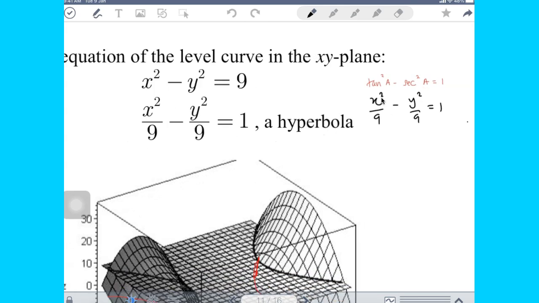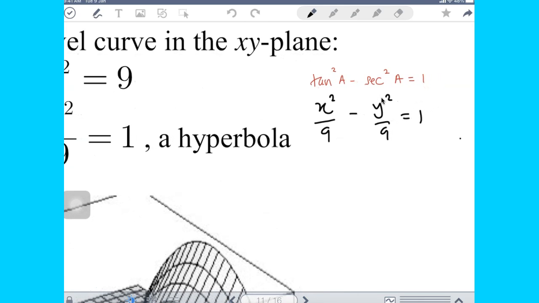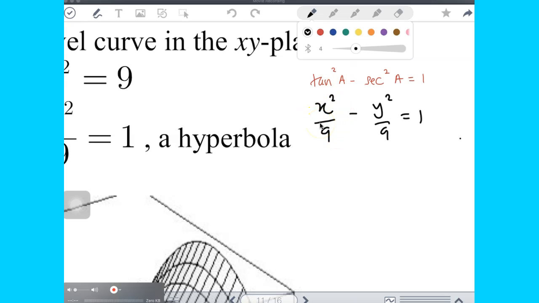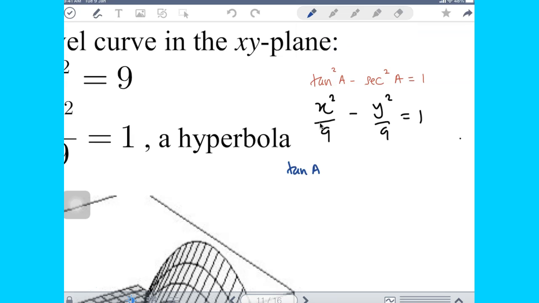So from here, because this one is a square and this one also is in terms of square, I can say that tangent A is equal to x over 3, and then